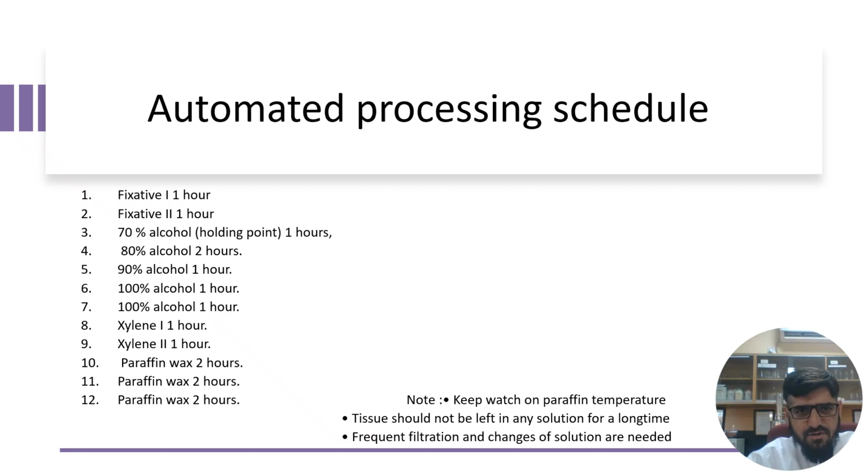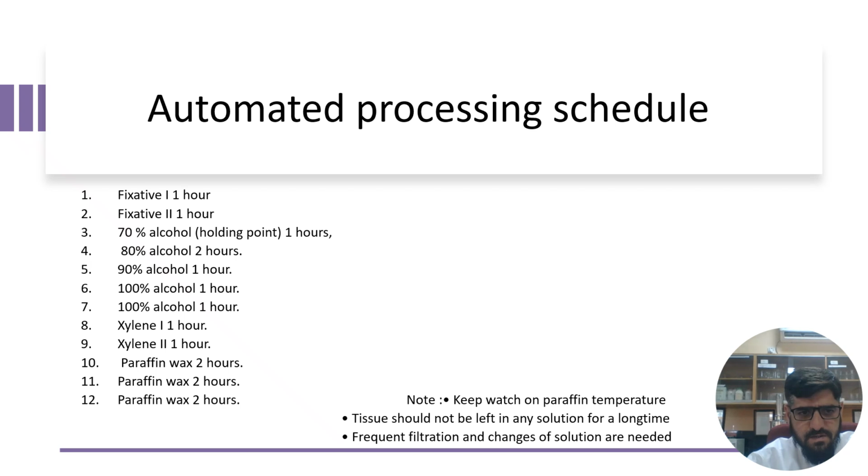Following is the schedule for the automatic tissue processor. The first jar is the fixative, which is used for 1 hour. The second jar is again fixative for 1 hour, and this step is known as completion of fixation. Then we immerse the biopsy in 70%, 80%, 90% and absolute alcohol for different timings, and this whole process is known as dehydration. Then the tissue is immersed in xylene 1 and xylene 2 for 1 hour to complete the clearing process, and then the tissue is